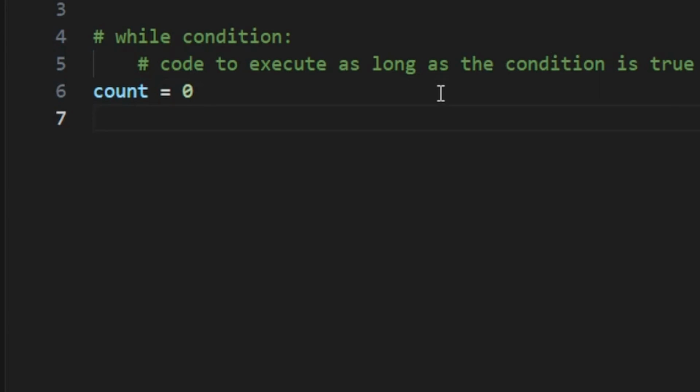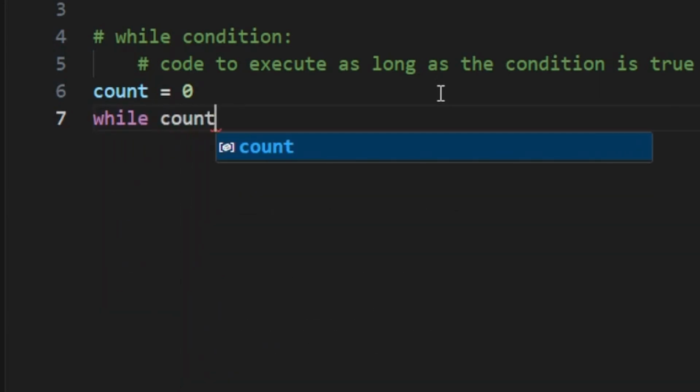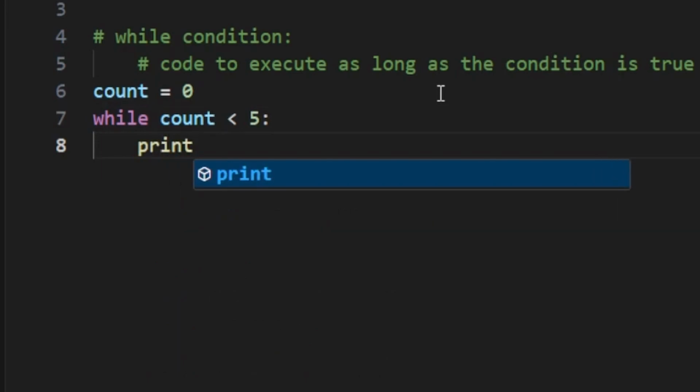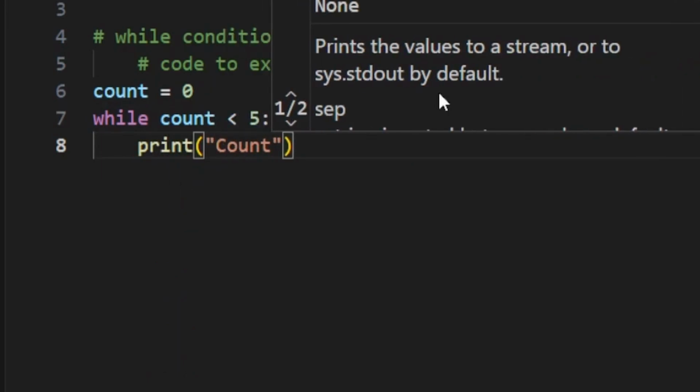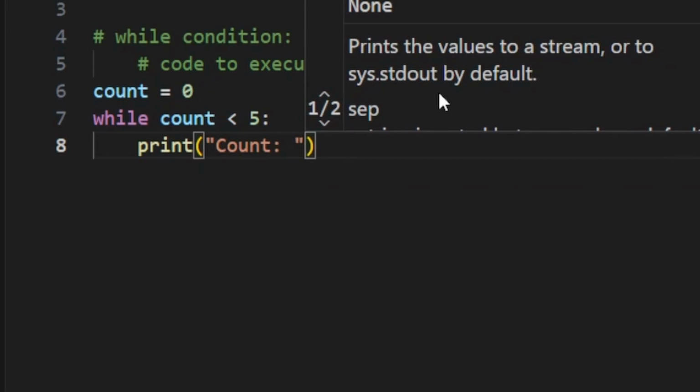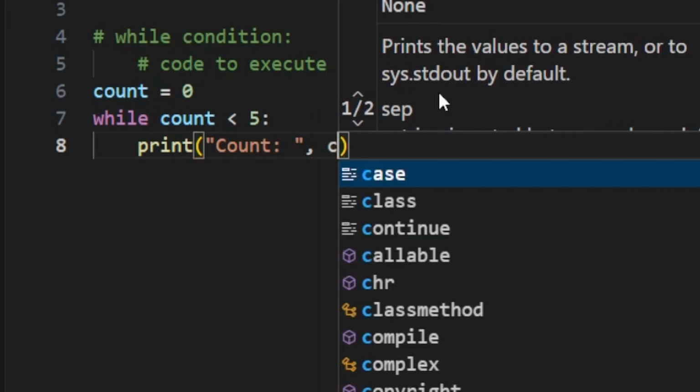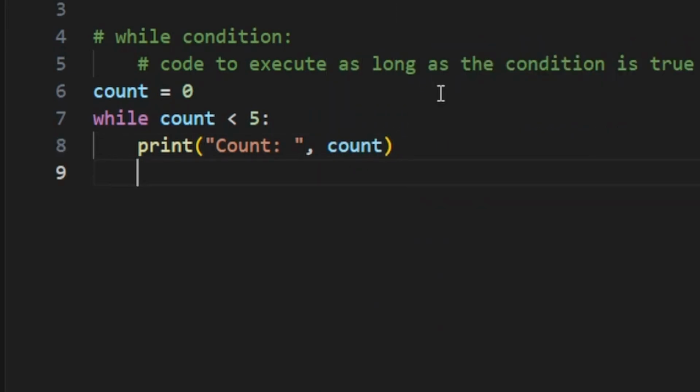And then I use while count is less than 5, please print count, and then count plus equal to 1. So in this example, the loop continues to execute as long as the condition count